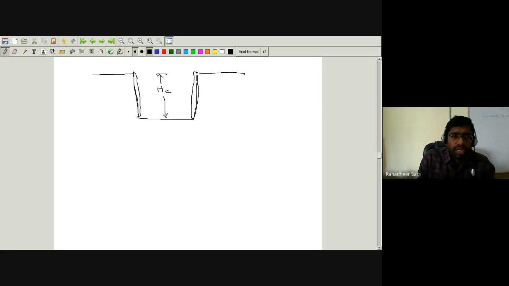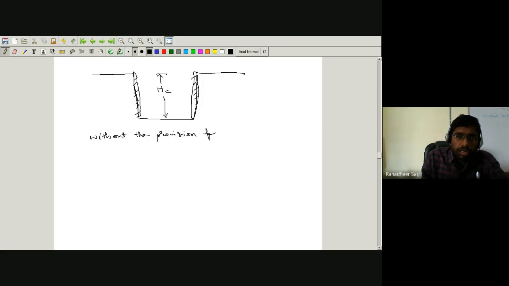Okay, so we are not providing any of these lateral supports. Now, what we say is, without the provision of lateral support